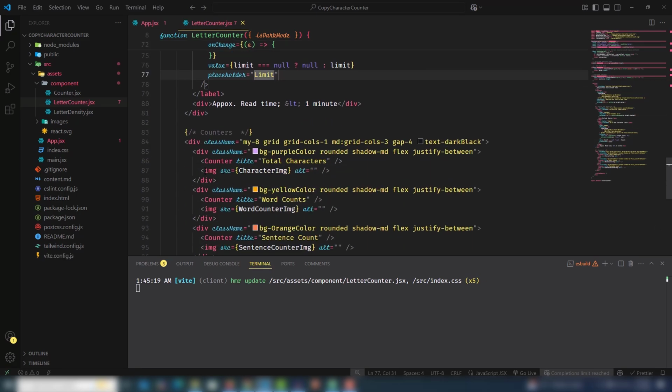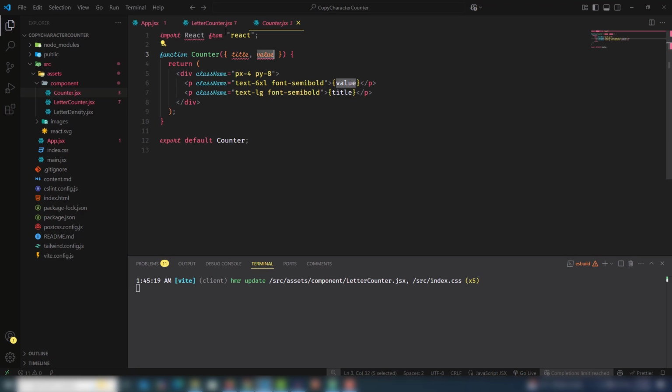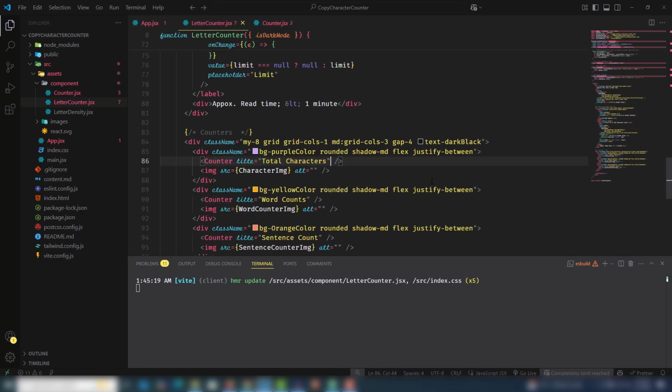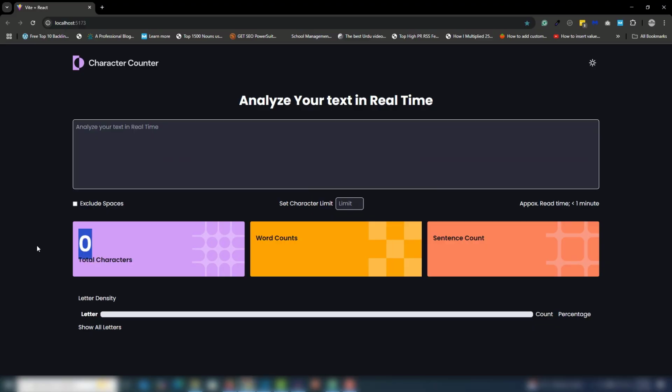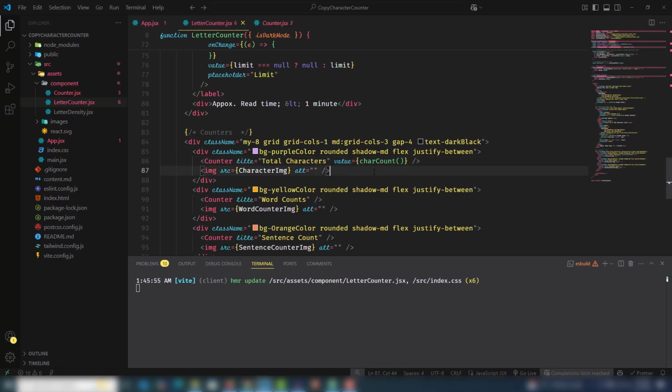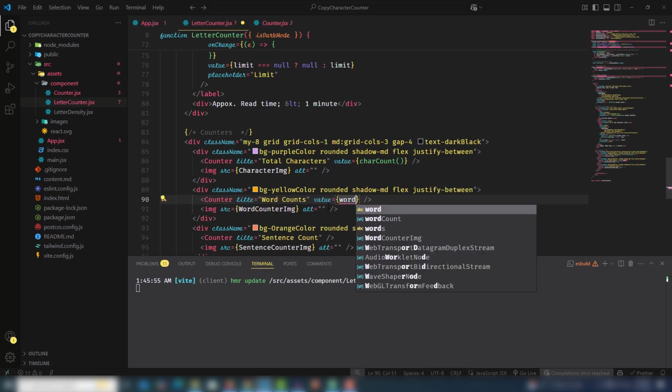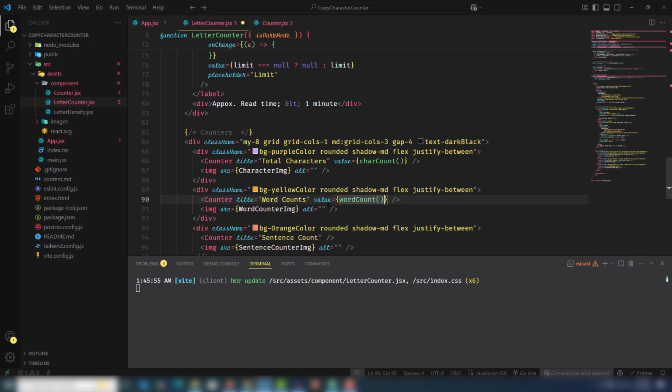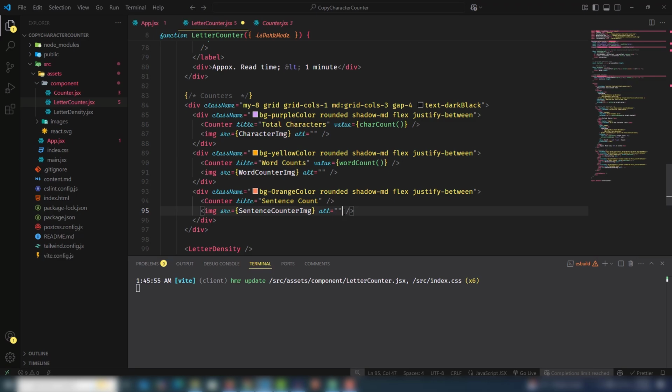Okay, so let's move on to the counter. In the counter I have passed the title and value. I have passed the title, but the value is our function char count, that function. So I'm going to save the file, and look at that, the 0 has appeared when you write something. Okay, it doesn't work yet, but let me work on it, and then it should work very well. So let's add the value, and that will be the word count function,